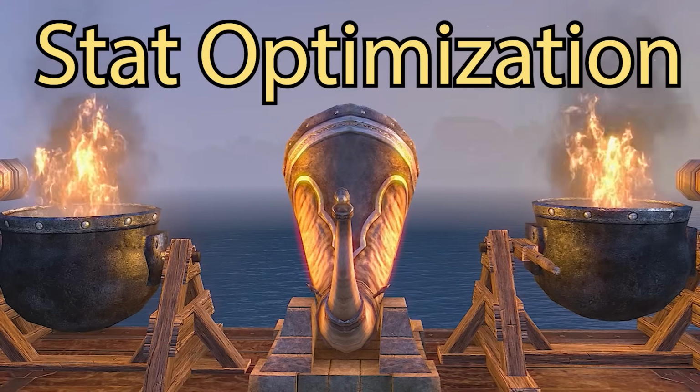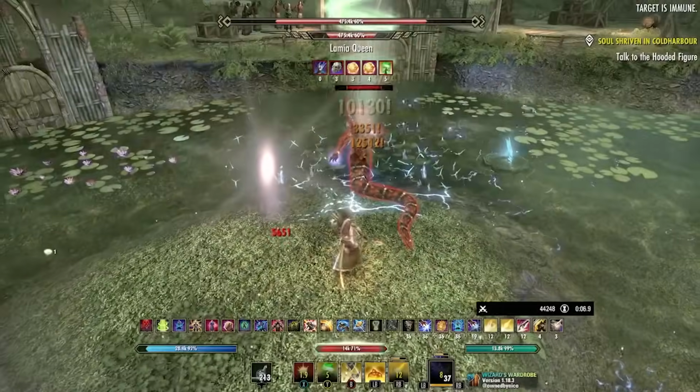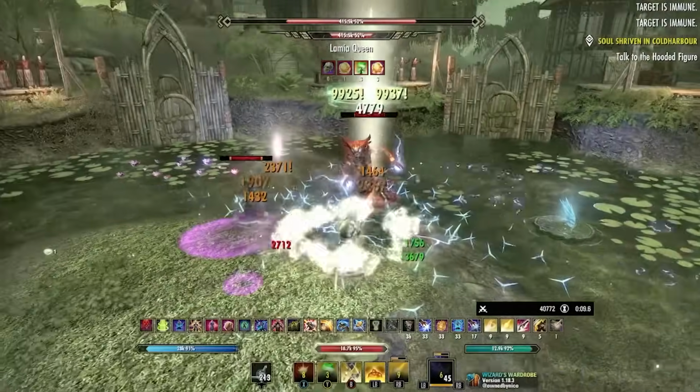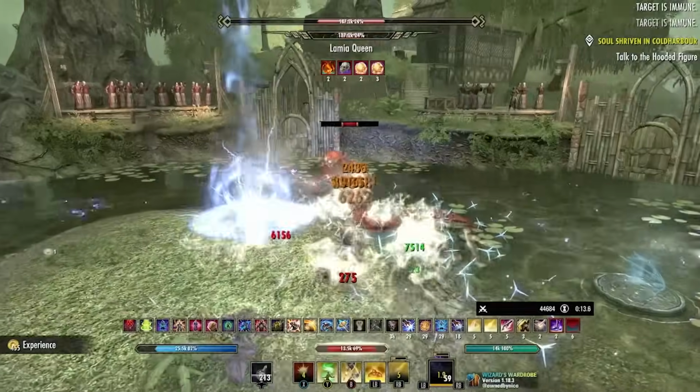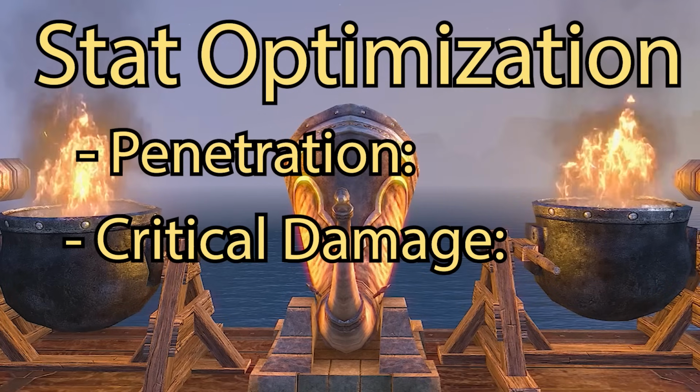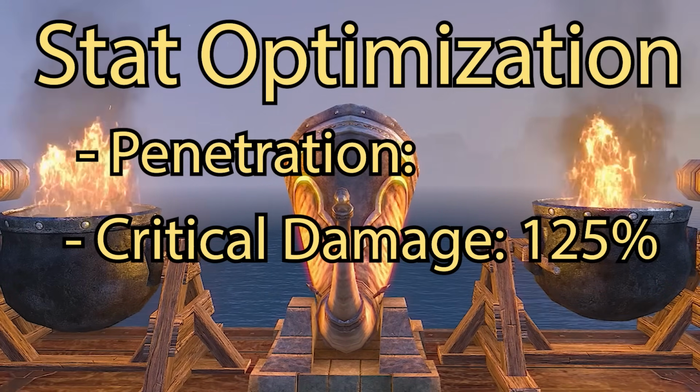Our two most important stats are penetration and critical damage. These damage modifiers are so strong that they have a cap, meaning that there's only a certain amount of these stats that you can have before the game doesn't let you benefit from building into them anymore. Crit damage is straightforward. Once you get to 125%, that's all that you can benefit from, but penetration is a